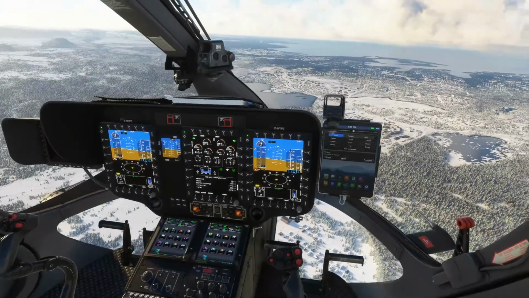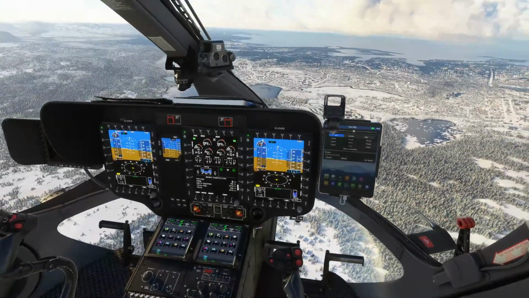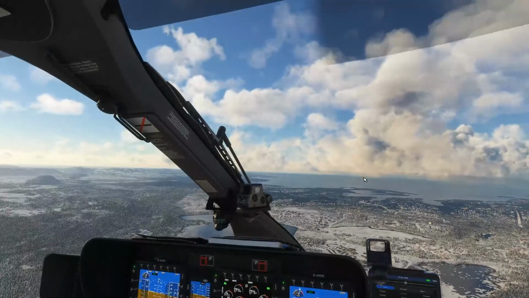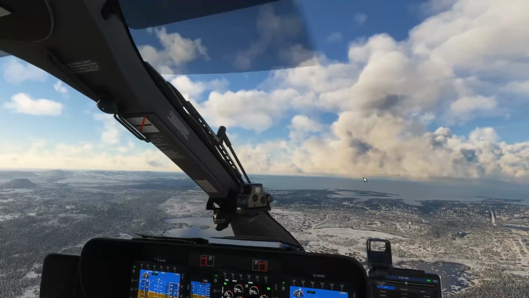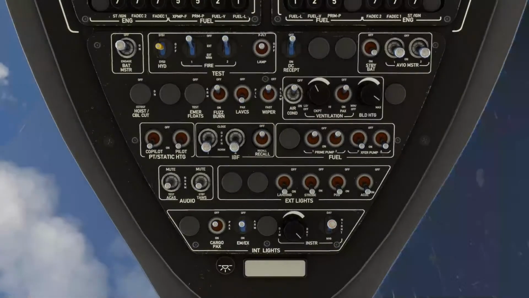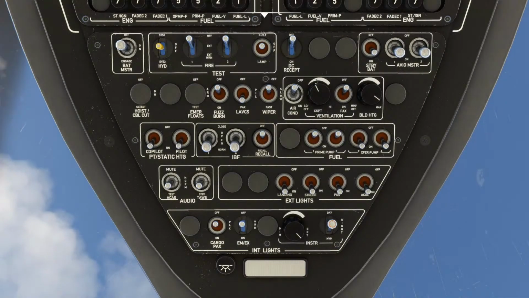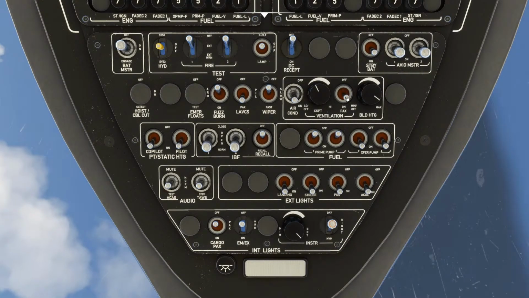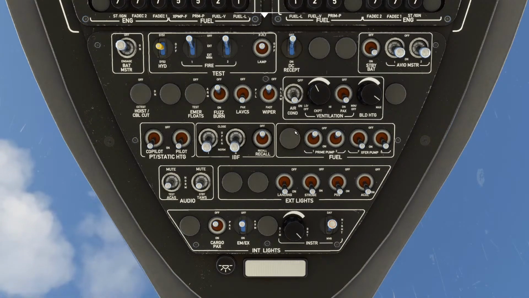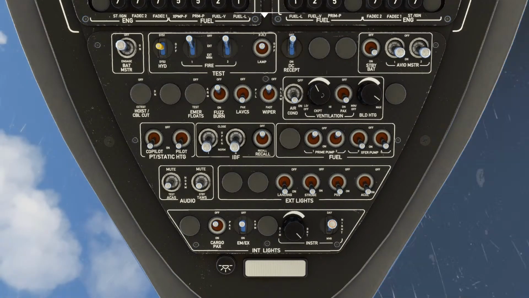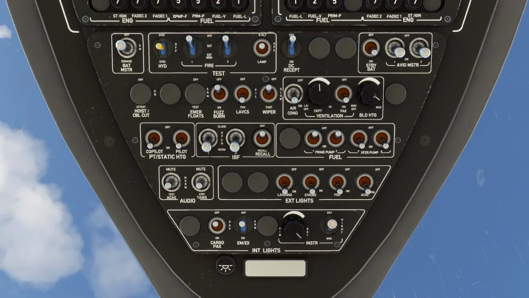Tell you, this is fantastic. All right, one more thing I want to show you. Let me switch to the overhead panel. Let's see. There is, by the way, you have an air conditioning system. Now you can hear the sound of the air conditioning system, which is really cool. Ventilation, and we can come down